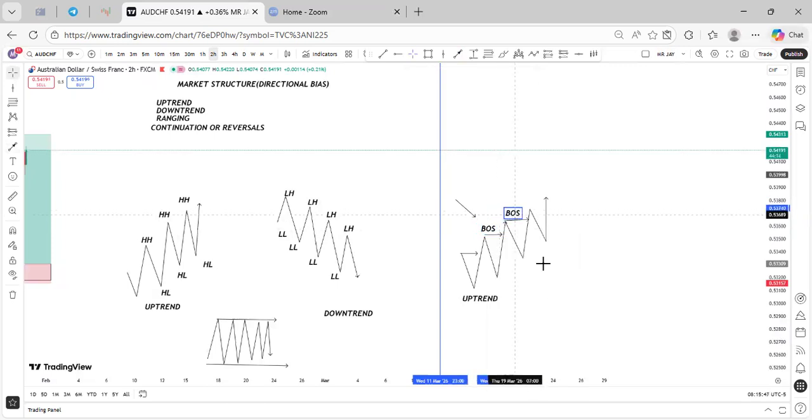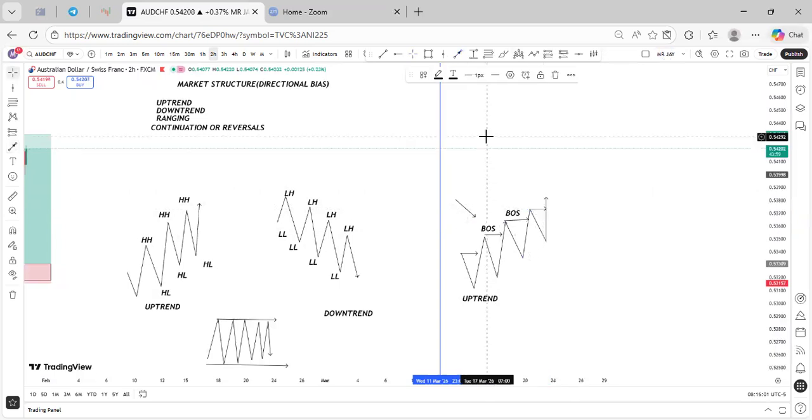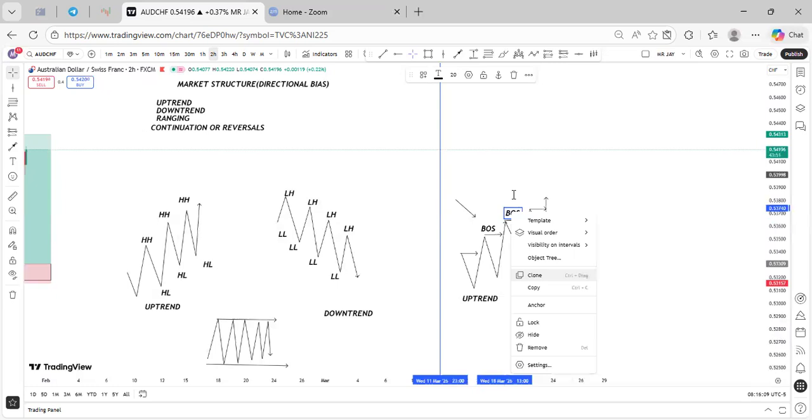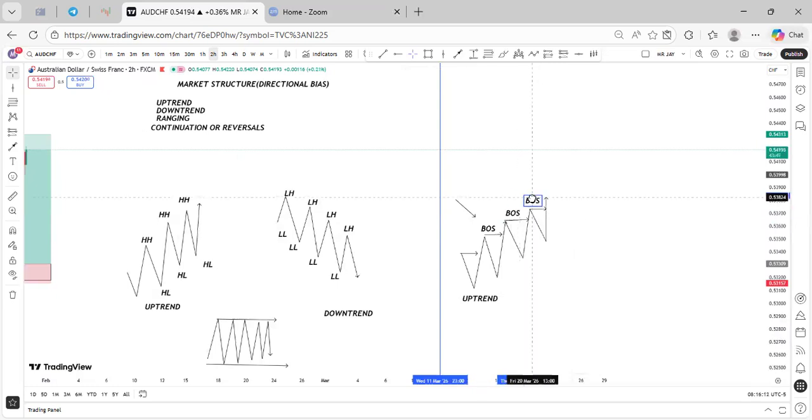This is very, very important to follow, guys. So we have another BOS over here, right? This simply means that this chart is continuing. The market has not shifted or changed direction using the reversal concept. So the market is still in an uptrend, right? As far as the market is still breaking structures upwards, we just want to be trading in line with that trend, right? So we call this the continuation